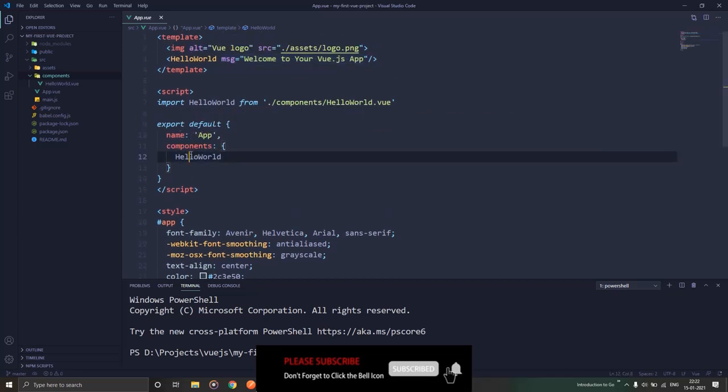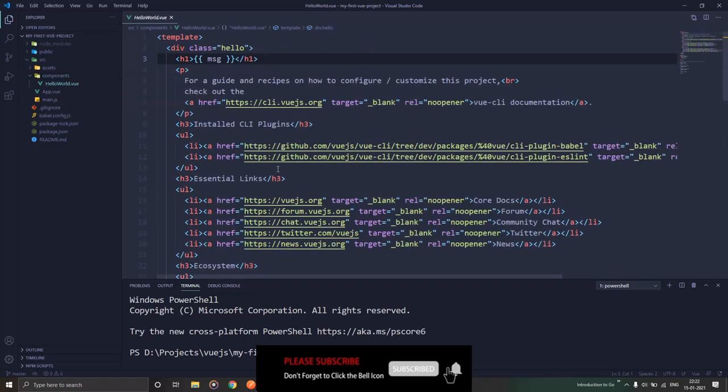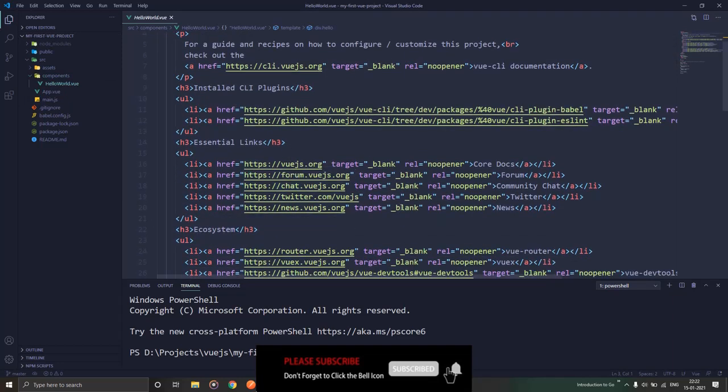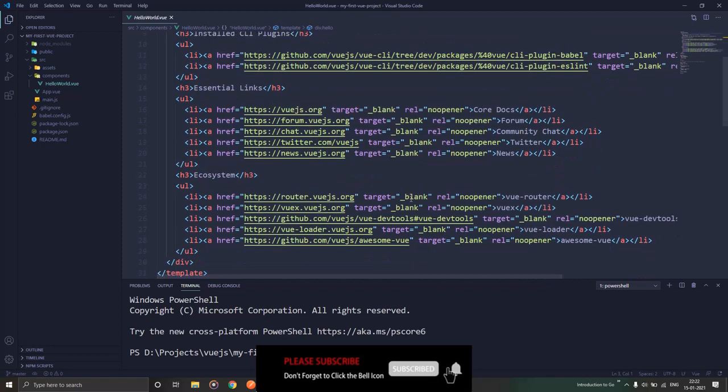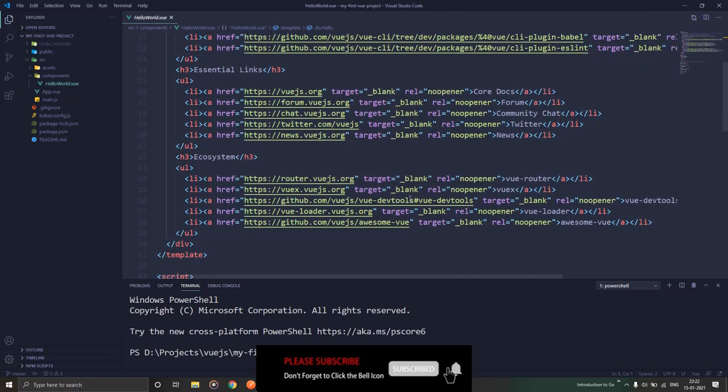So this is how they have also created one hello world component, and if you go into this hello world component, there is a lot of code that they have written by default, which contains references to some URLs and some reference documents.